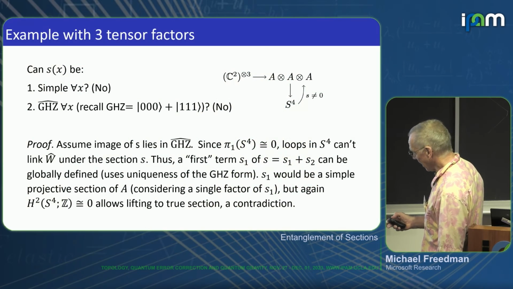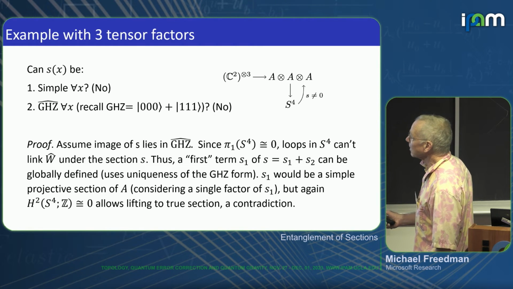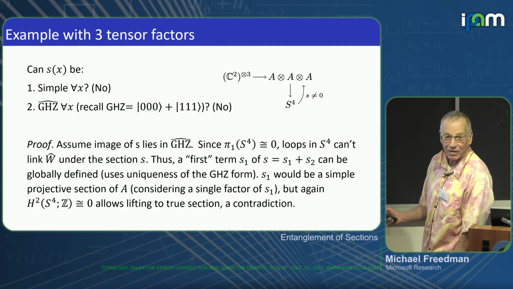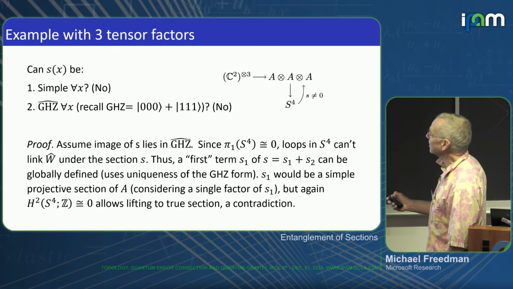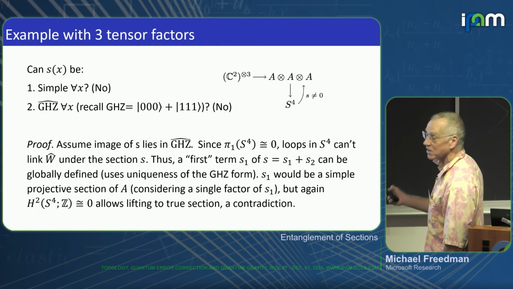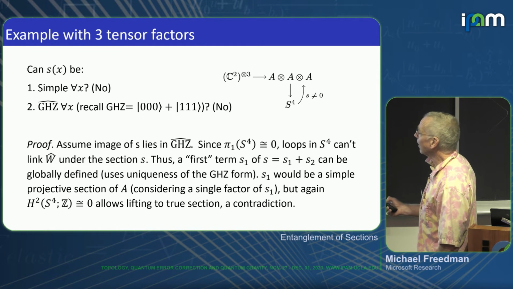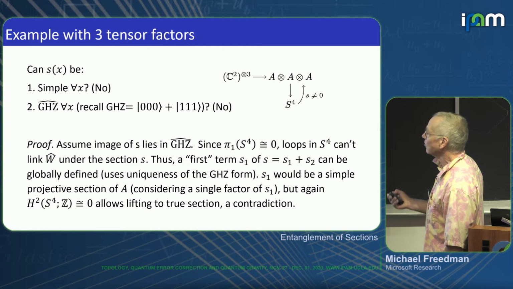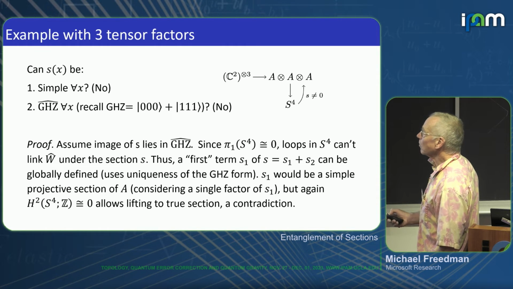Okay, so now let's ask the question about this threefold tensor product bundle. Let's ask our favorite questions. Could there be a simple section? Well, by now, you guys can probably come up with the proof yourself. It's just as before. There can't be a simple section because if there was, we could write it as a tensor factor of A, B, and C, the names for the section in each factor. And we could choose one of them, A, and we'd have a projective section, and there'd be no obstruction to lifting, just as before. So there's no simple section.